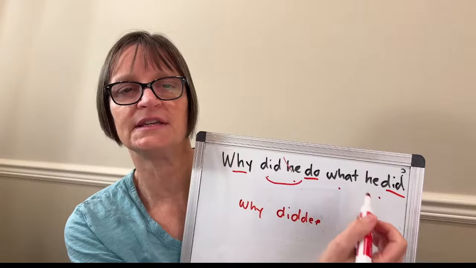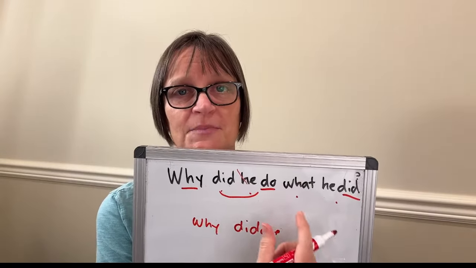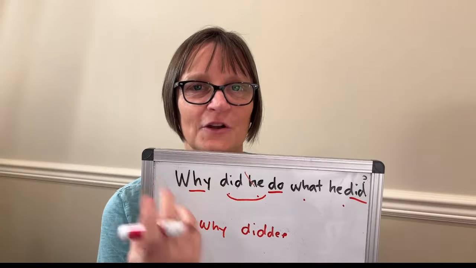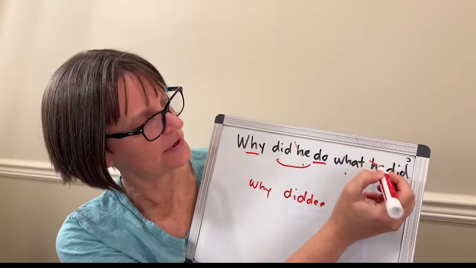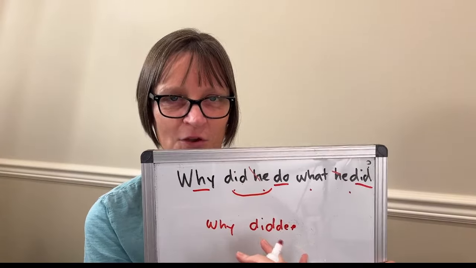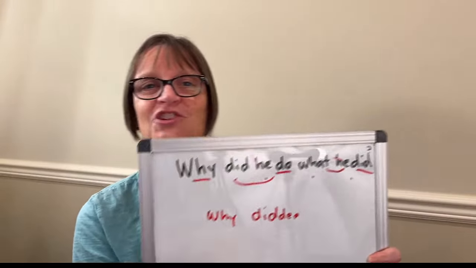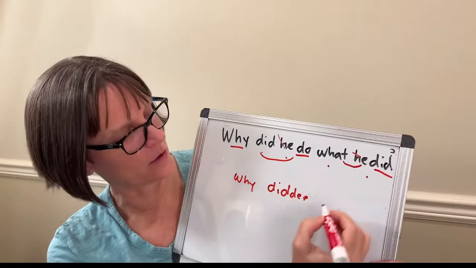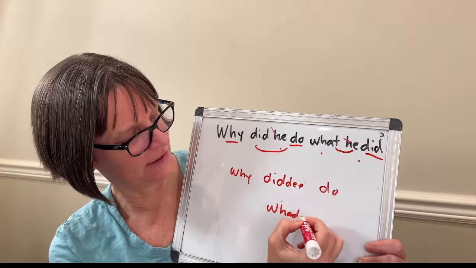And then "what he did." If I said "what he," I'm going to use a stop T sound, because I have a consonant following my T, I don't release that. But because we tend to drop this H of "he" when it's an unstressed word, like in this question, then my T is going to link to the vowel, and then it follows the rule for T to a vowel, which means it'll be flapped. So it'll sound like, why did he do what he did?